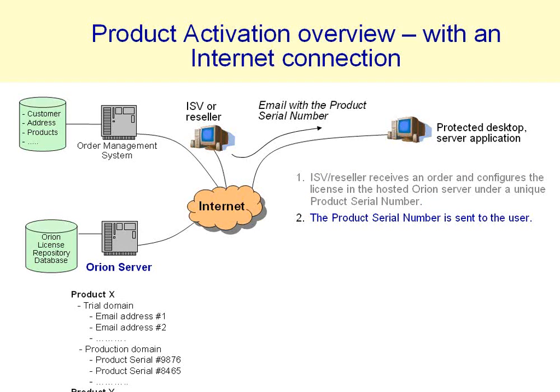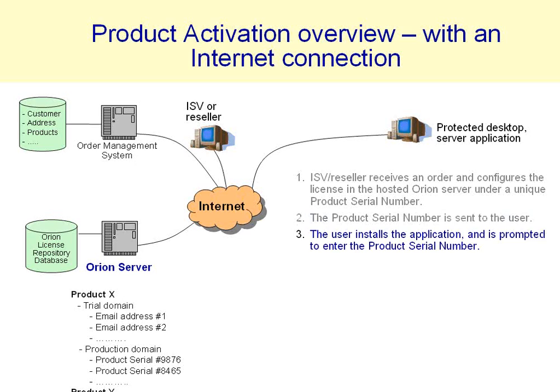And all you then need to do is send an email to the customer saying, thank you very much for your order, we've received your order for this product with these features and so on, and here's your product serial number. And here's where you download the software, whatever the message might be. So they go ahead and install your application from whatever the usual process might be, and there is then an activation event required to enable the software to work.